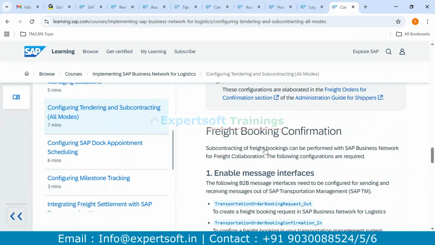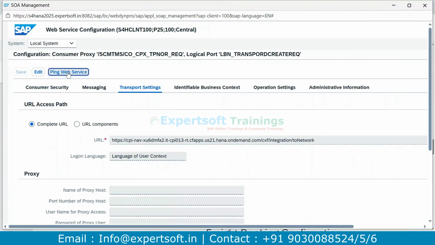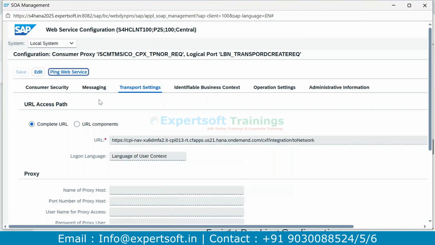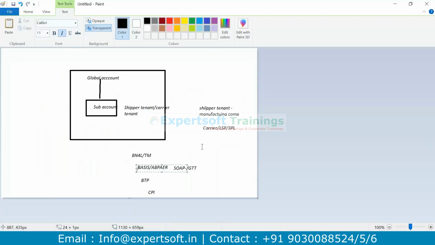As I mentioned, we need to take Basis's help to get all of these implemented in SOA Manager, and make sure they are working. Get a ping web service. I'm not that familiar with how it is written, but make sure these web services are up and running. This is the first and foremost step: implement all